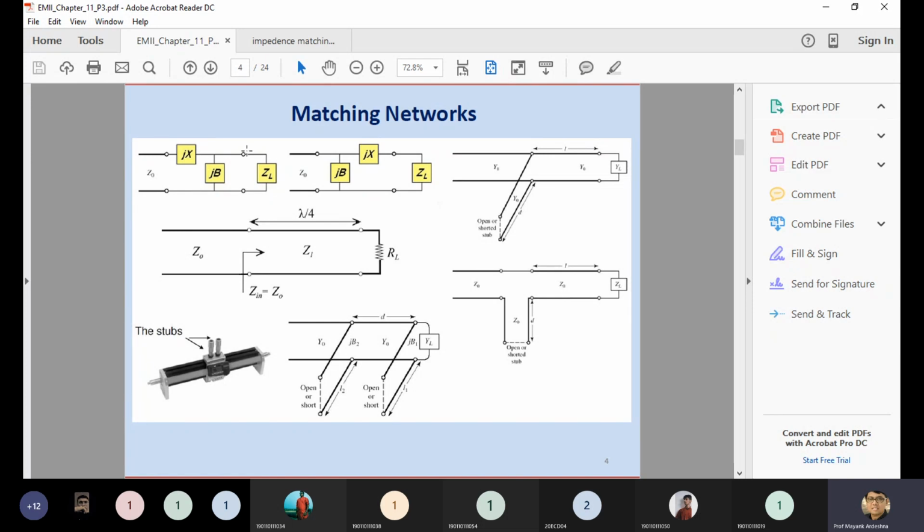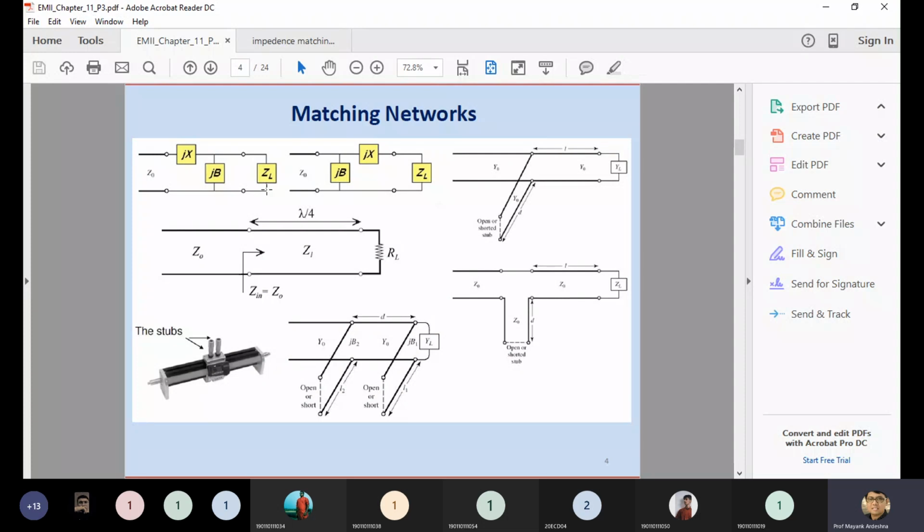What they are doing is inserting some kind of a T, or the second figure is nothing but a pi network, which has some R, L or C, either in series or maybe in a parallel connection. So considering the overall impedance, which is either jX or jB, which is nothing but a complex number, you can use the components L and C, or C and L.